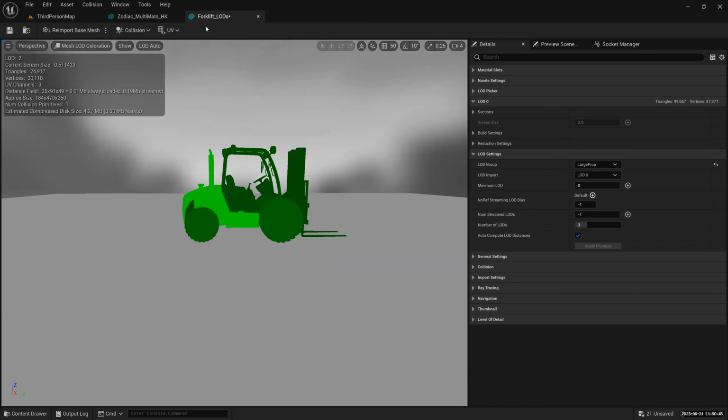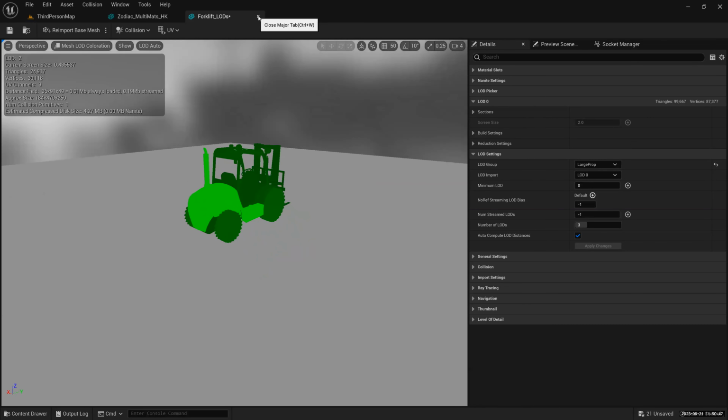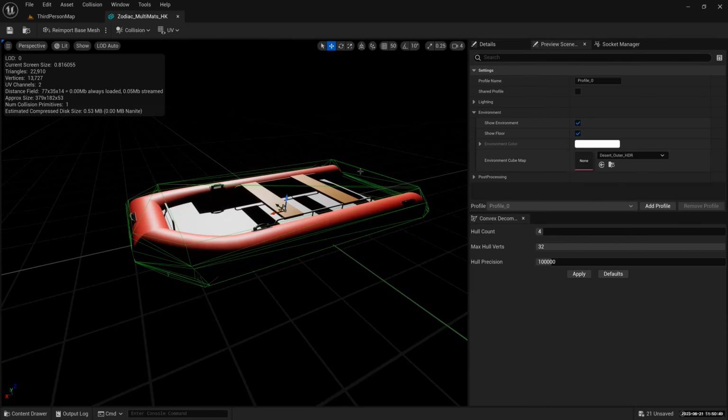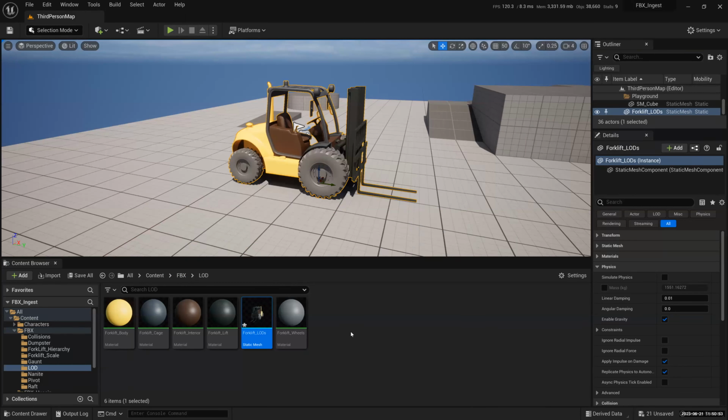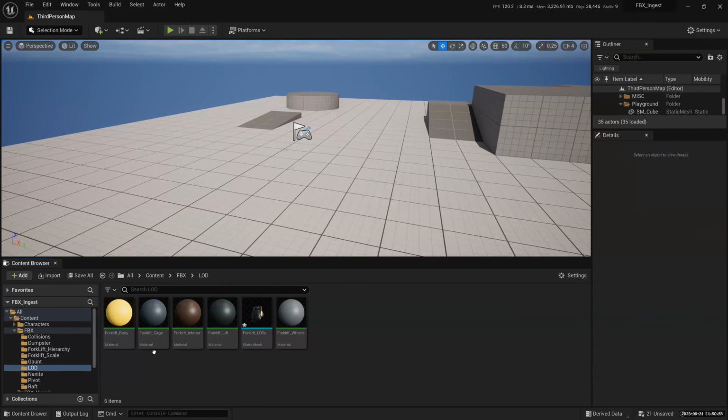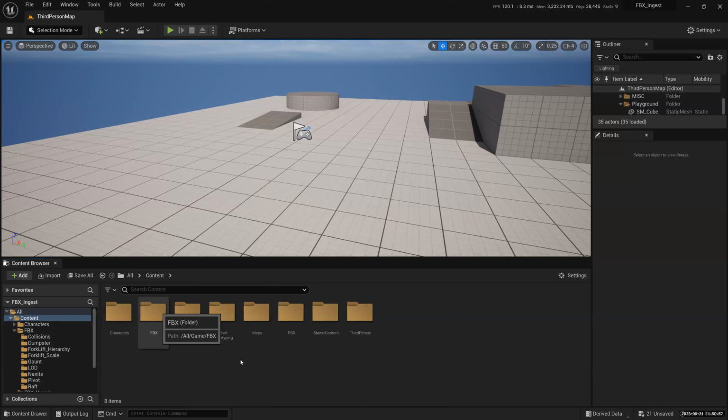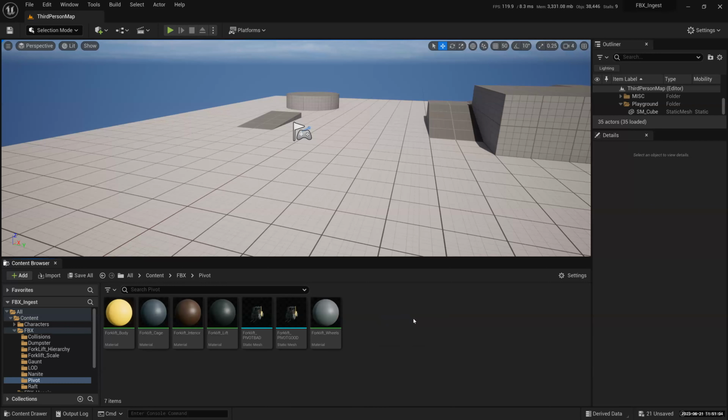Okay. So I'm going to close this, and I'm going to talk about pivot points. We have not spoken about pivot points yet. So let me just take this thing out. If you go back to your content view under FBX, I should have one pivot point folder. Okay. So I've got this pivot point that was created. Let's say somebody created this object for you, maybe a third-party person, and he or she did not put the pivot point correctly for you.